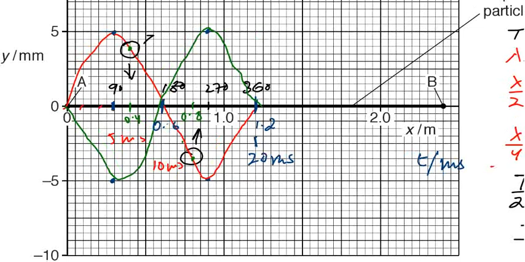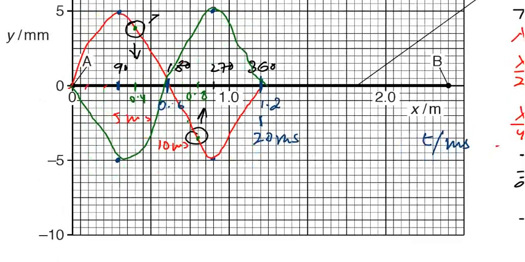But on the same graph, if you want to plot the displacement time graph, here at 1.2 meter it will be 20 milliseconds. Half of it will be 10 milliseconds, and half of that will be 5 milliseconds. And in terms of angle, we could see here it's 90, it is 180, here it is 360, and we mark and